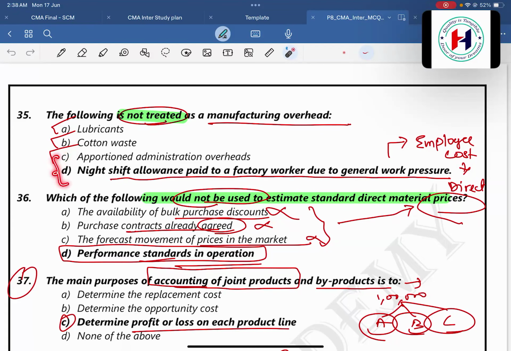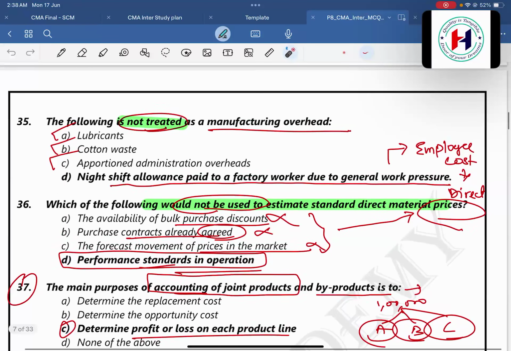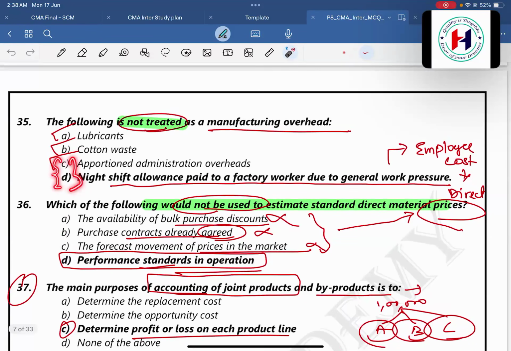But there are almost 2 to 3 questions where there is a confusion regarding the answer key itself. Okay, so here I'm just trying to clarify whether we'll go with C or whether you'll go with D. If you want to go with ICMA answer or ICMA past paper answer, it is option D. As per the book text, as per the inside module, it is option C.